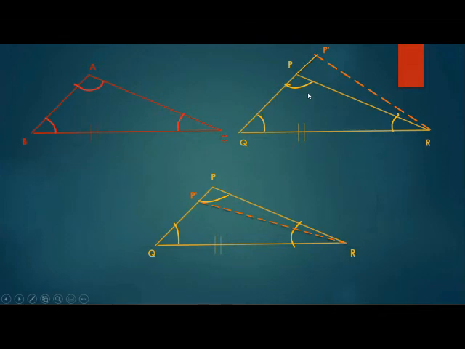So we have also put some contradictions over here. We are saying that triangle ABC is congruent to PQR. But we have added P dash over here, saying that maybe this ABC is not congruent to PQR but congruent to P dash QR. Or over here we have constructed this P dash or P complement under the triangle. So we can say that in this triangle, ABC is not congruent to PQR but to P complement QR. So this is the contradiction which we have added over here to prove that we are wrong but the theorem is right.